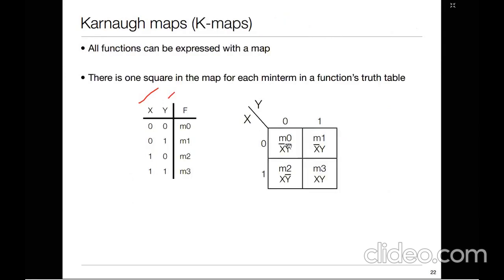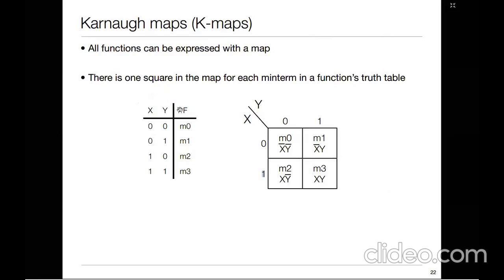So I'm using a rectangular form like this for 2 variable K-map. So I can write X on one side. I've written X over here because this 0 represents X is equal to 0 and this 1 over here represents X is equal to 1. Again Y. This 0 over here represents Y is equal to 0. This 1 over here represents Y is equal to 1.